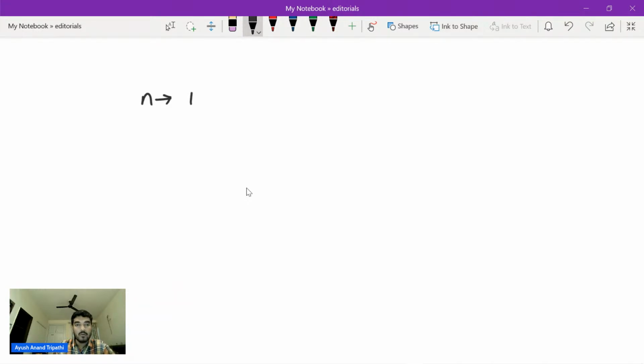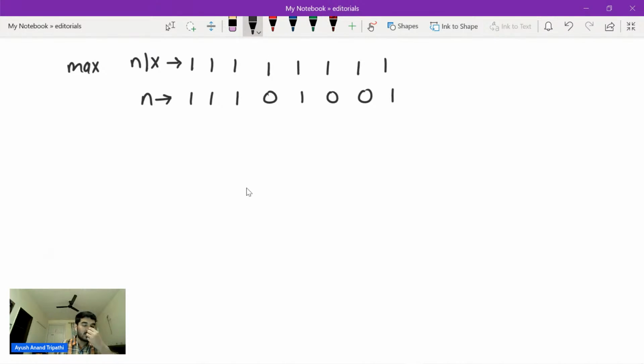1, 1, 1, then let's say we have 0, then 1, and let's say again 2 zeros and 1. So the configuration of maximum value of n or x would be 1, 1, 1, 1, 1, 1, 1, and 1. So this leads me to the maximum value. Okay, so this is bit 0, then bit 1, bit 2, bit 3, bit 4, bit